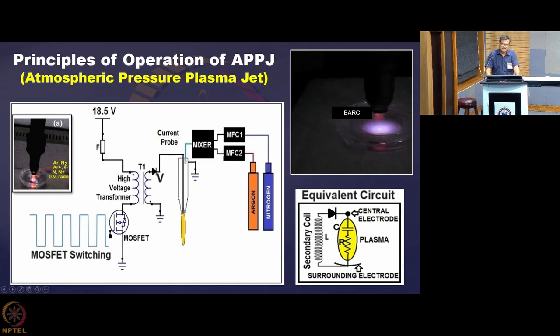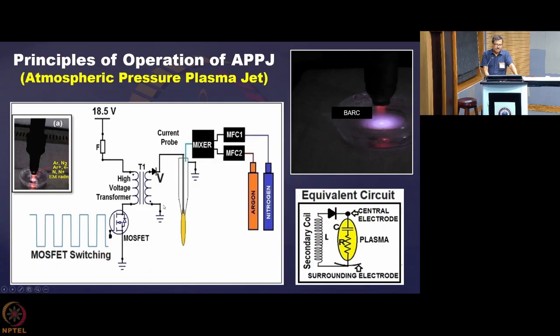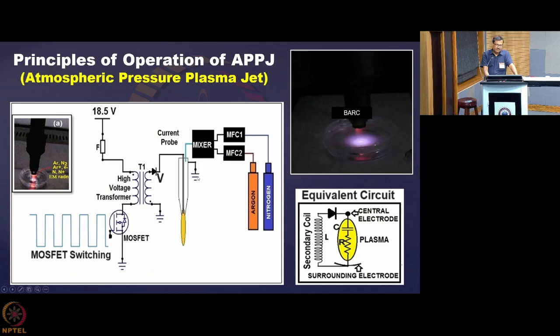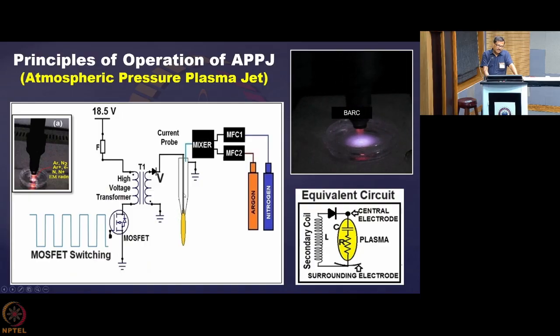Both are metallic. For the central electrode, we usually use a metal like tungsten, which can have a low work function and very good thermal and electrical properties. The enclosure of that is another metal. It can be anything. You can use copper, you can use SS, that is stainless steel, and that outer body is grounded. This part is grounded for the secondary of the transformer. So you can now understand that you are basically applying a very high voltage between the central electrode and the outer electrode, which is grounded.